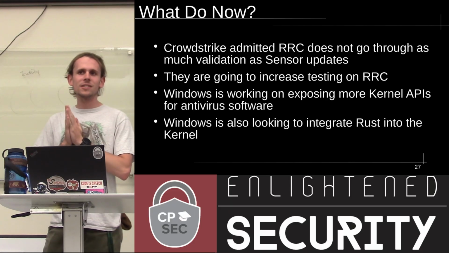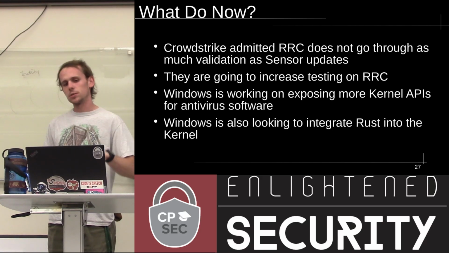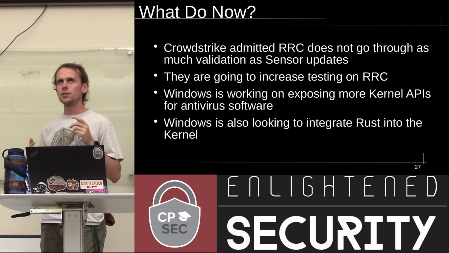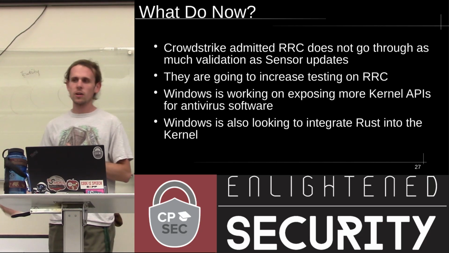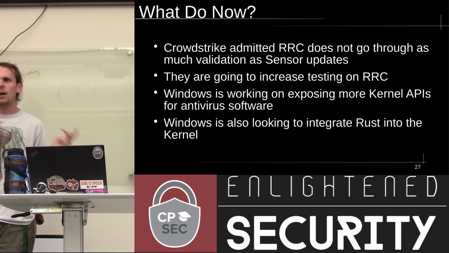So, what's next? What is happening? CrowdStrike released a report, which is my primary source for this presentation, included in which was what they're going to do moving forward. The long and short of it is they admitted that their channel files don't go through as much validation as sensor updates, sort of circling back to the original problem. The bug was in the sensor update, but their tests didn't produce the bug, but because they were testing sensor releases, they didn't think they needed to test